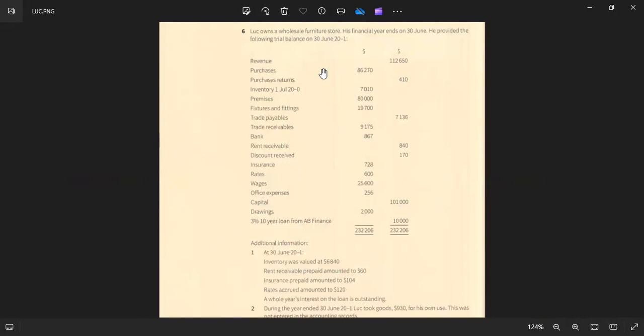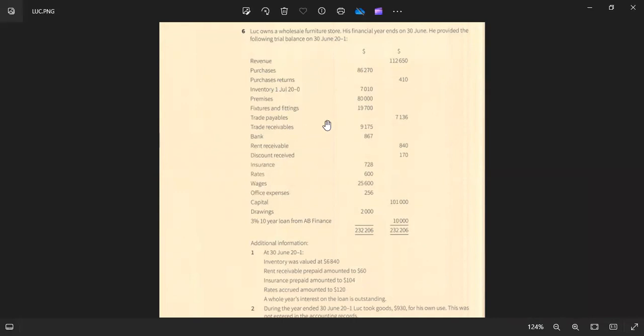You can see that the revenue we are referring to, we're taking from this side. We can see sales returns. We don't have sales returns, so you leave it like that. Then the opening inventory. Where's our opening inventory? This is 7010. Add purchases. We took our purchases from here. Then after that, we said